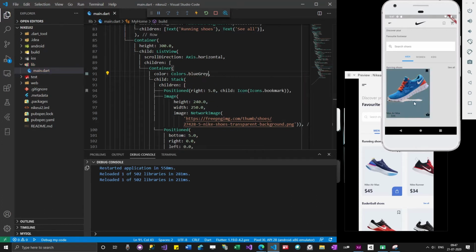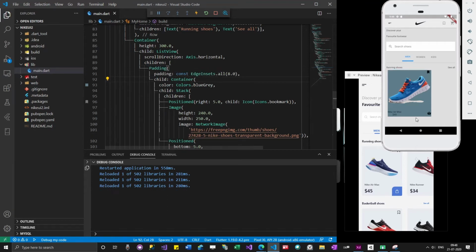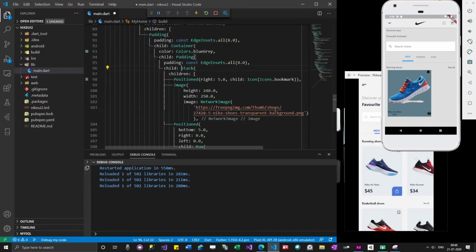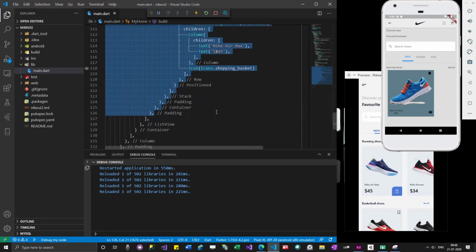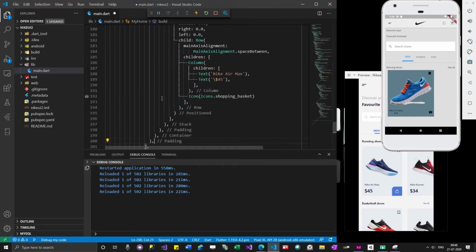Okay, this looks much better. Anyways, we'll change that color later. And I'm going to give some padding also. So now this looks much better, and I'm going to add some padding to the stack as well. So much better, guys. I'm just going to copy this stack widget, and then add 2 more. Now you can see that